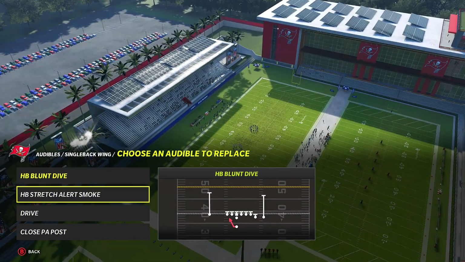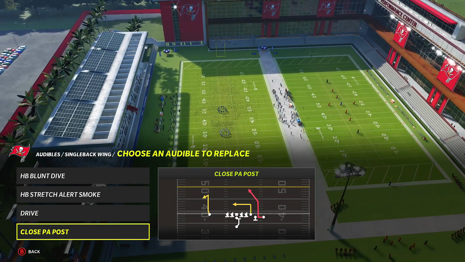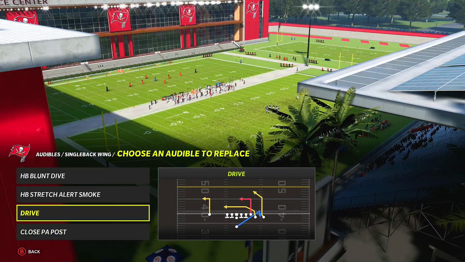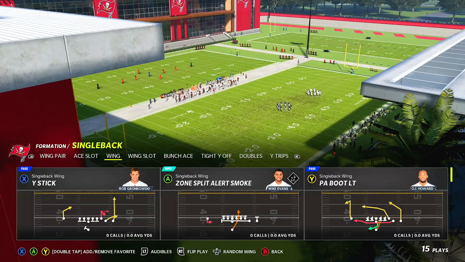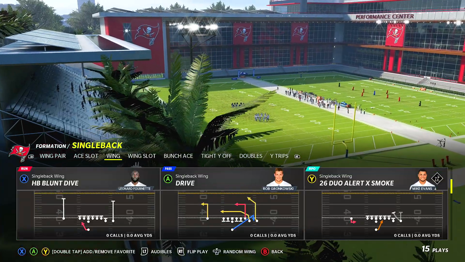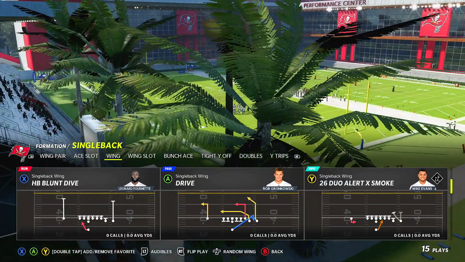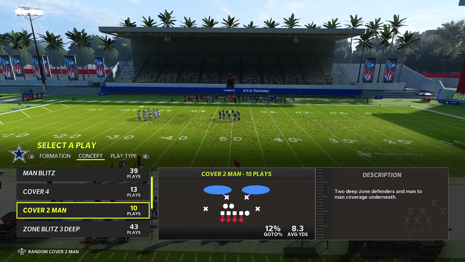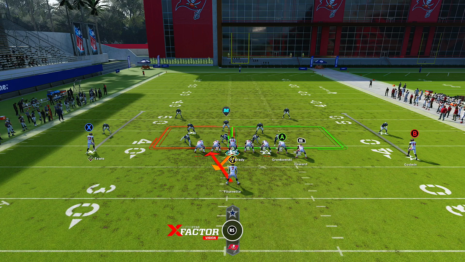But let's talk about the dive and the stretch, because the pass play I'm going to show you guys tomorrow is very powerful in the right man's hands with the right setups. It is virtually unstoppable for the one play touchdowns and drive as well. So let's talk about blunt. We actually have the 2-6, but it doesn't matter. Halfback blunt dive. This play right here. Let me back out of the defenses. Let me just put random play because we don't care. Okay, so